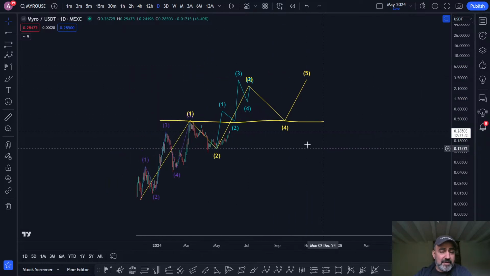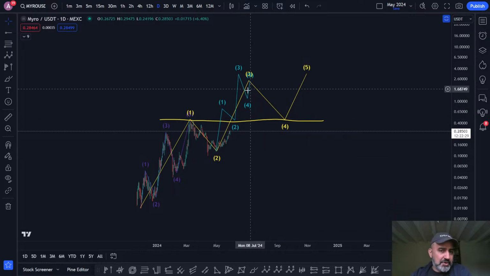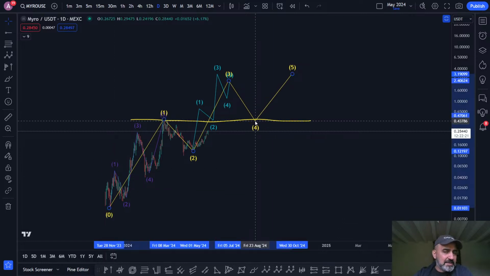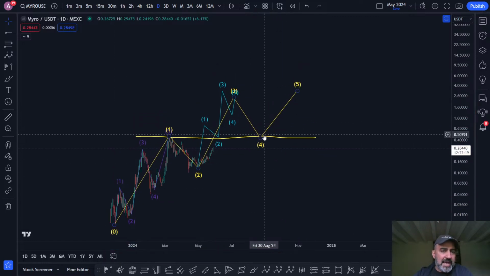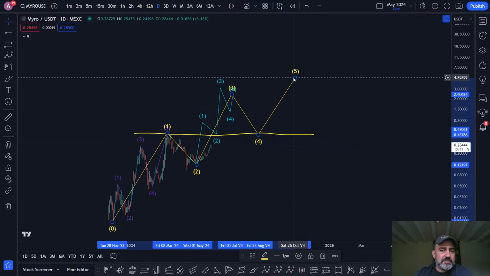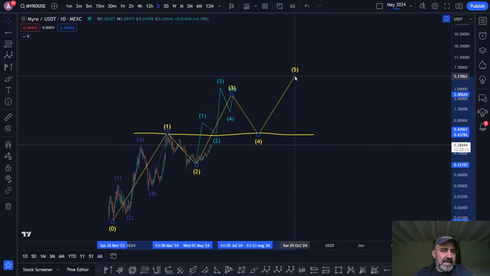This is speculative. I don't know. I'm just making this up, but I'm just showing you the waves. If that happens, you can clearly see that the 3 is shorter than the 1. So therefore, you'd expect a correction for the 4. And then you know that the 5 can't be bigger than the 3. So it gives you some restrictions on how much to expect the next wave.